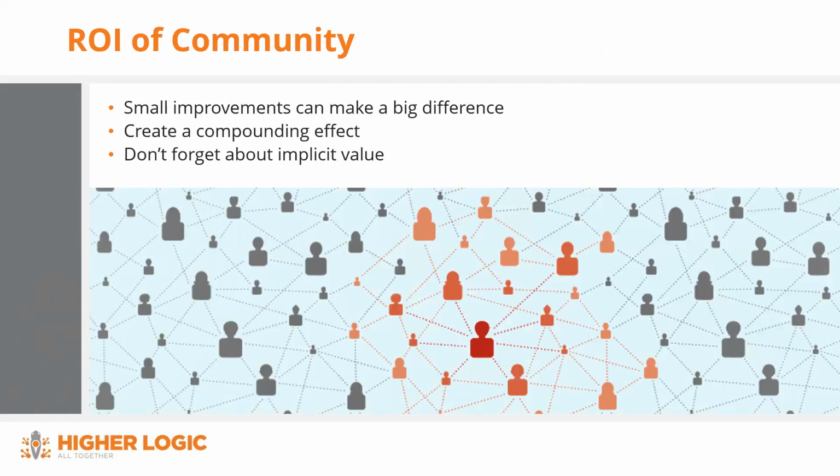And then finally, by deploying all these efforts correctly, we don't want to just say, hey, engagement's good. See, all this activity is working. We want to measure it. We want to see what the ROI of that would be. So small improvements can make a huge difference, when you can also create a compounding effect, which has this exponential return on your investment. And when we're talking about ROI, and it is a big focus of this demonstration today, I don't want to discount or forget about the implicit value of what we do, right?